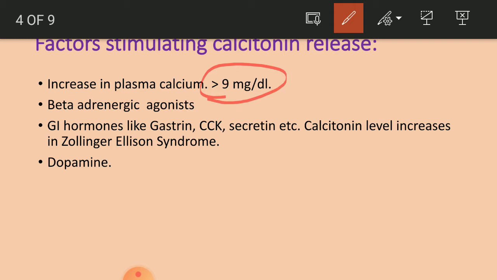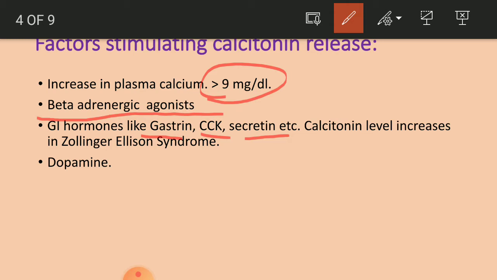The main target organ being bones, specifically the osteoclasts. Other stimuli for calcitonin release are beta adrenergic agonists as well as gastrointestinal hormones like gastrin, CCK, that is cholecystokinin, secretin, etc. It has been found that whenever a person intakes food, there occurs a tendency for postprandial hypercalcemia,